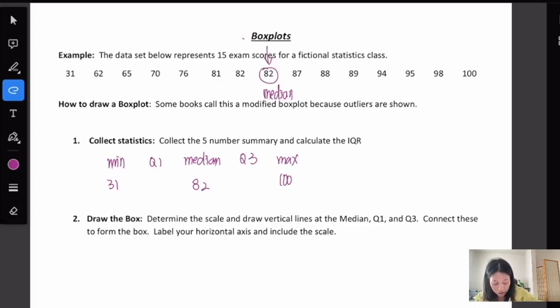So in this case, the first half of data is here, right? We have 1, 2, 3, 4, 5, 6, 7. Among these 7 data points, we want to find the middle. That means it's going to be this one, the 4th of the data. So here is our Q1,